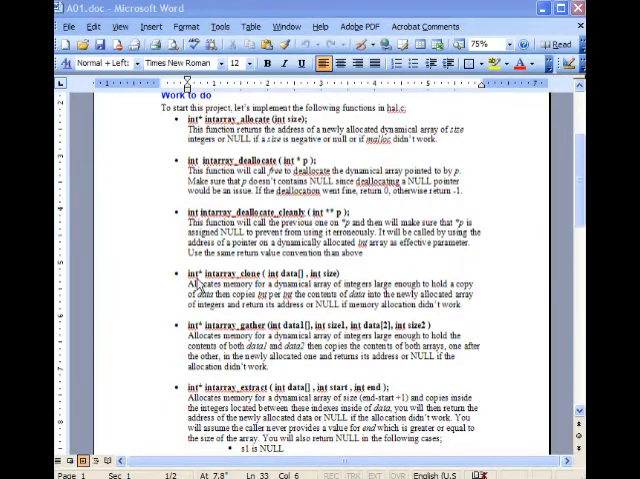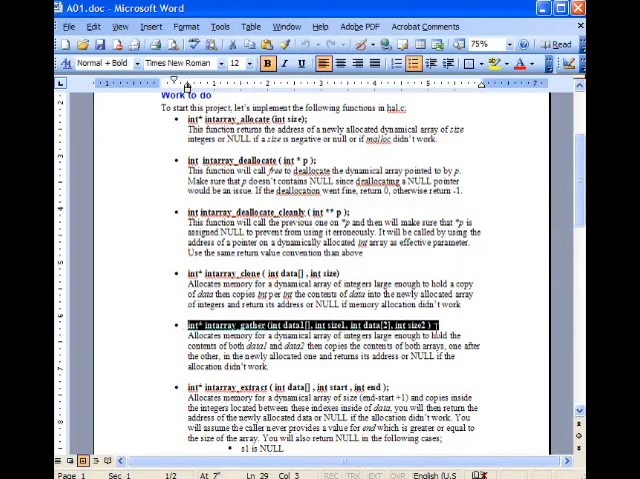Our next function is intarray gather, which I should have actually named intarray concat. It is a function that is going to concatenate two integer arrays into one. So we are not going to modify those two arrays here. We're just going to take their content, allocate a new dynamical array which is large enough to contain